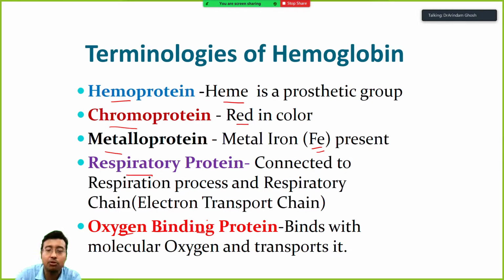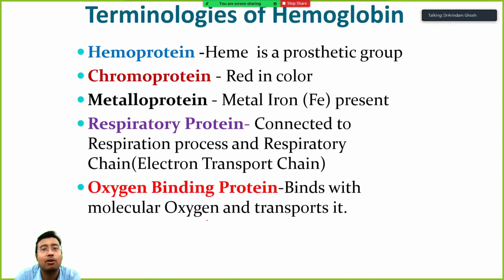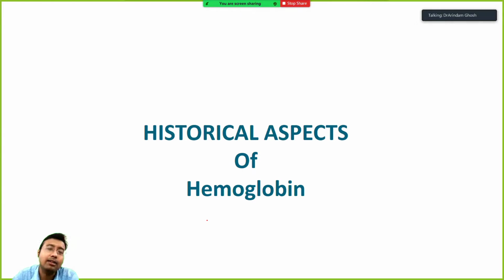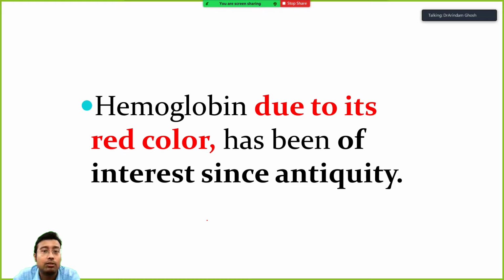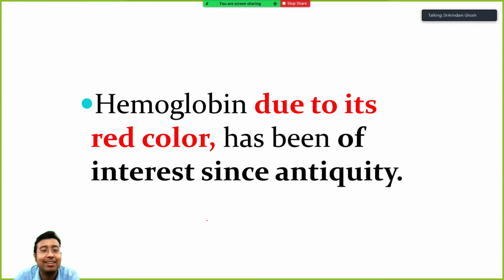Okay. So, these are a few basic pieces of information, and I hope you realize it is still the introduction that is going on, right? So, these are all about hemoglobin. Now, let us read some historical aspects of hemoglobin because they are also very important. And why did it grab the attention of all the research workers, scientists? Because it had a red color, right? So, anything which is red color, just like the line in this slide, right? It invites interest, right?